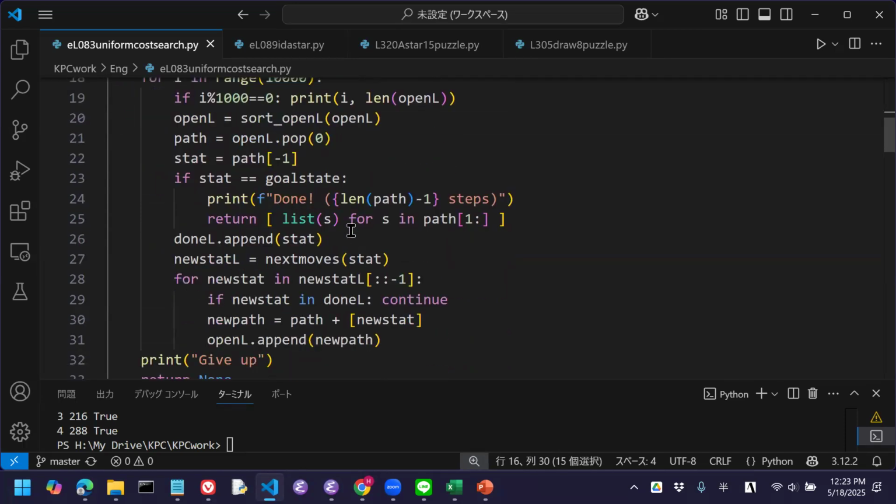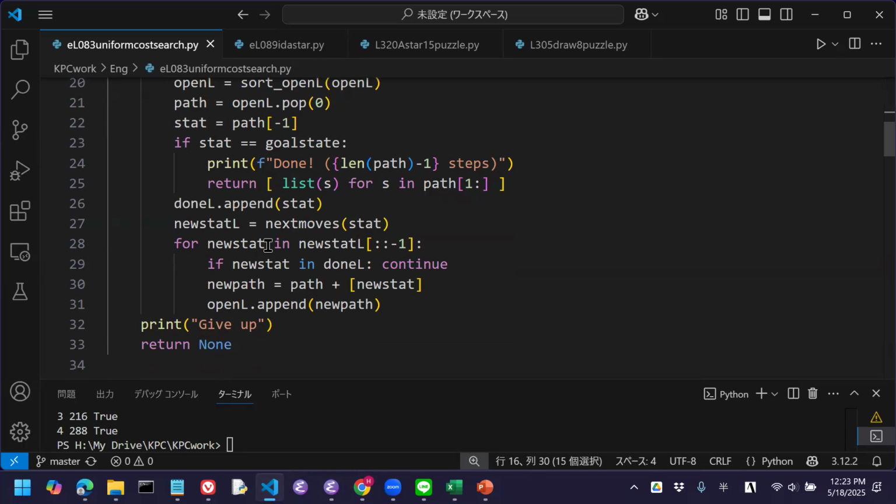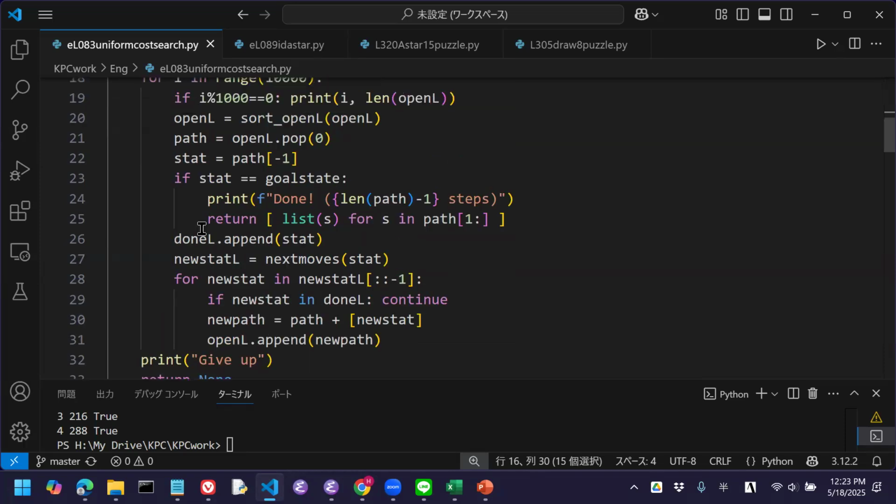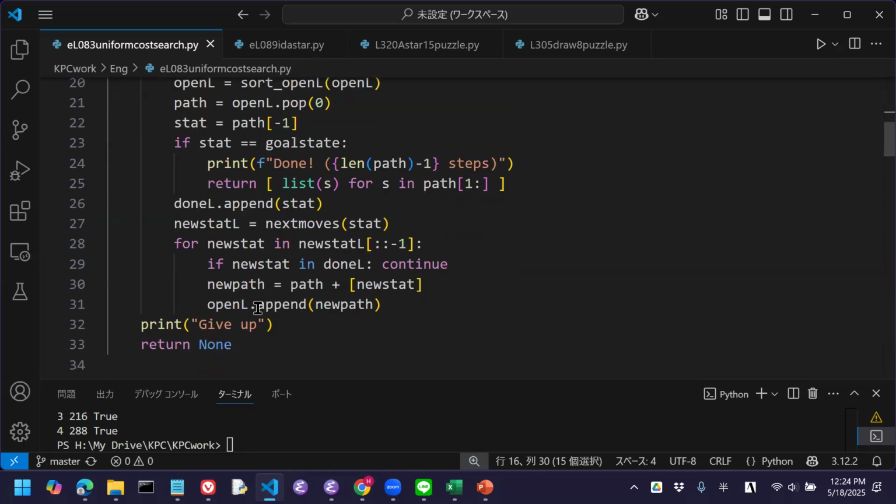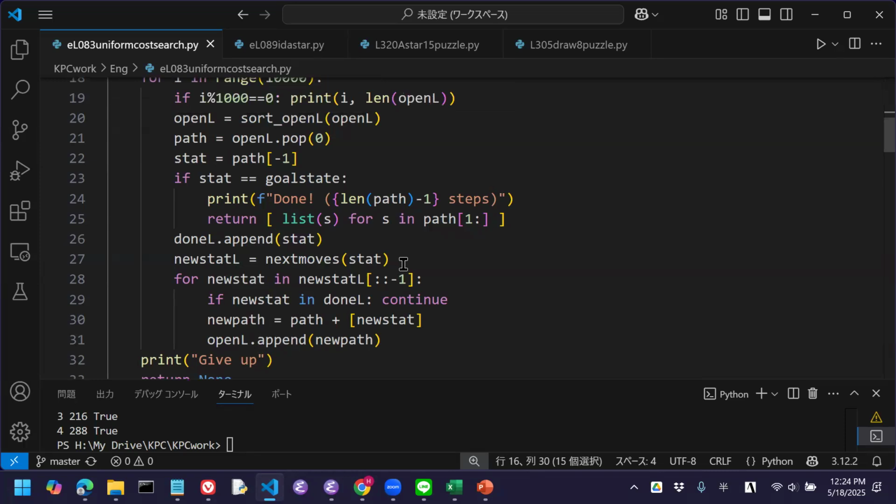If it is a goal, return it. Otherwise, we check what the successive board positions are, make a list of next new states, put them back into the open list, and repeat this process until we get some